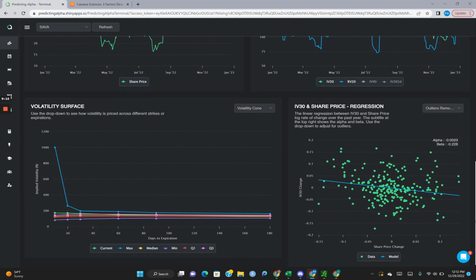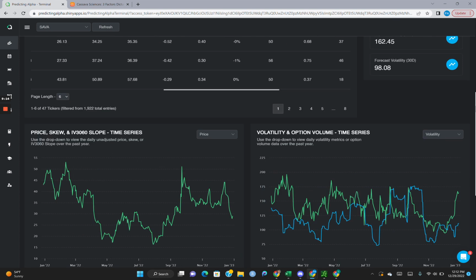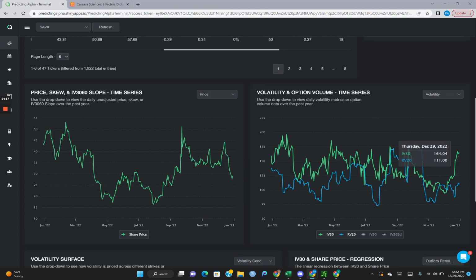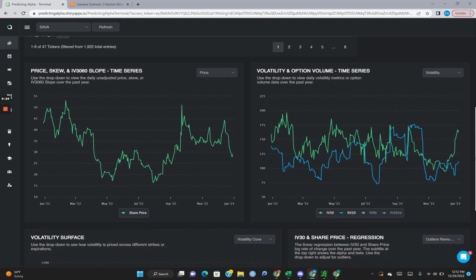Now, how do we structure a trade around this, right? If we were to go with the second route, which is just this is expensive based off X, Y, and Z data that we're looking at in the PA terminal, but maybe that lowers our confidence interval because we don't have a lot of the qualitative side that we would have with another company where we kind of have a better picture, right? Where there's more predictability and certainty. There's more understanding of what we think is going to happen with those fundamental risks. Well, guys, here's one way we can do that.